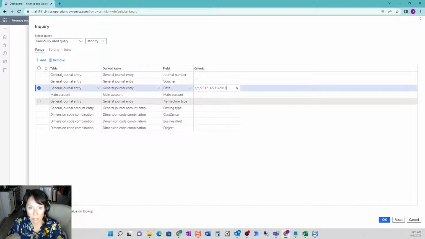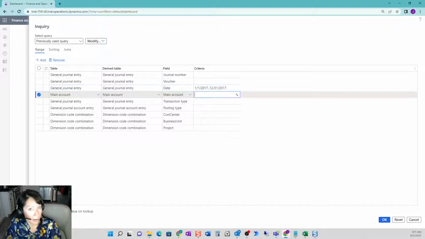And what that dot in the middle does is it grabs everything from that 1/1 date to 12/31. And the same aspect, we can use this same filtering criteria for main account. So if we want to say, give me all the balance sheet accounts,